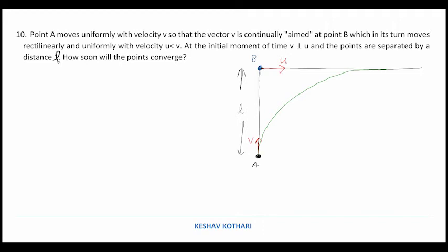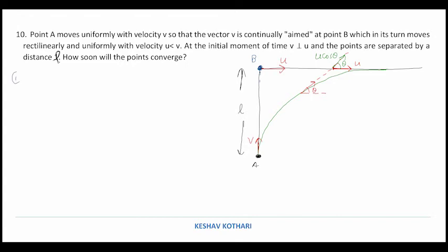Now at a certain instant of time, suppose somewhere here, the velocity of A is still the same, that is v, in the direction pointing towards B, which is moving with a speed u. I am considering this angle as theta. So if we break the components of u in the direction of A, we write it as u cos theta. So the first equation which we are writing,